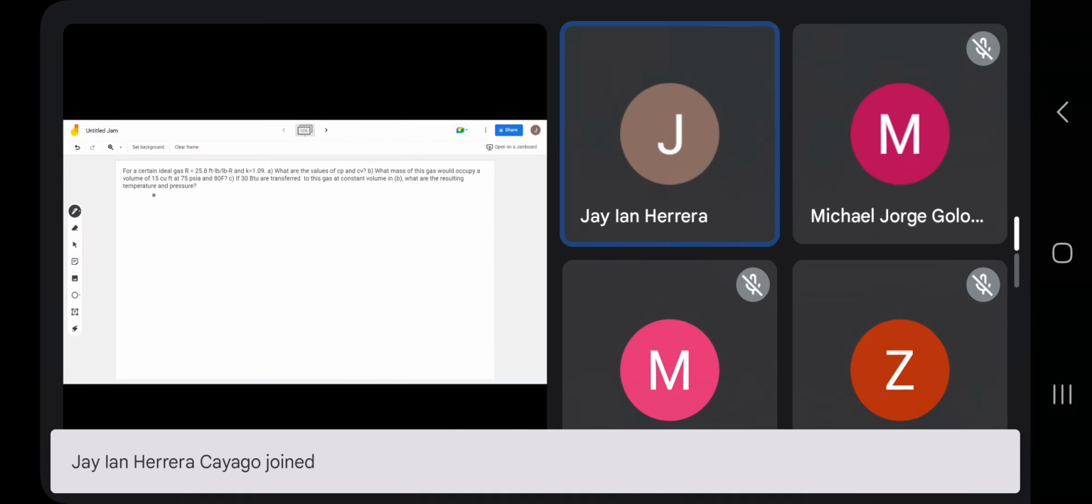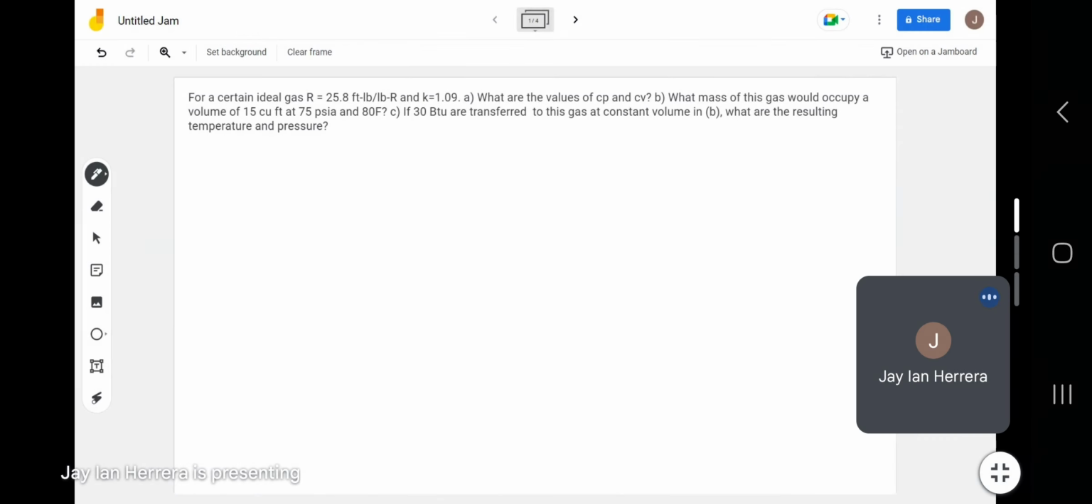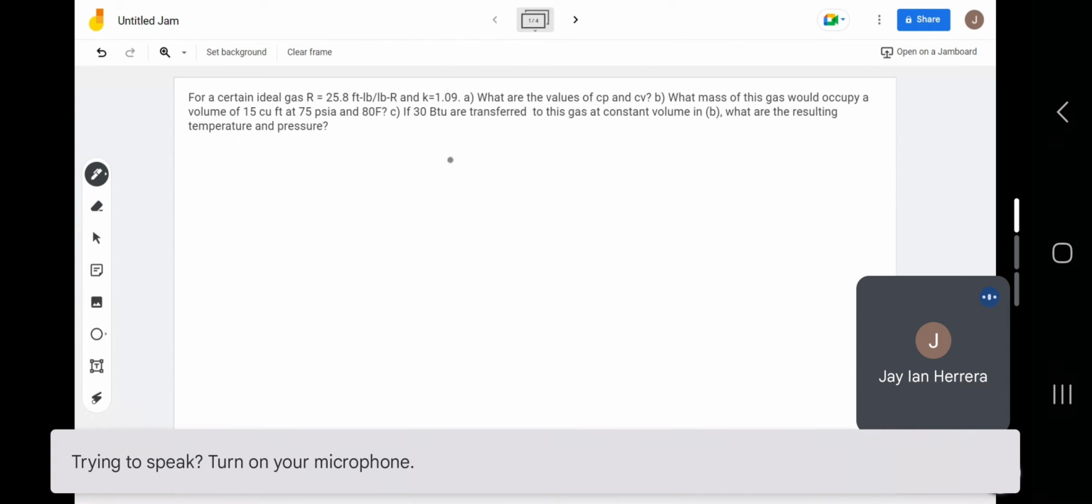Okay. So I hope you can recall the formulas na binigay ko last Friday regarding specific heat and the relationships between them, the ratio or specific heat ratio. So here's an example. So for a certain ideal gas,